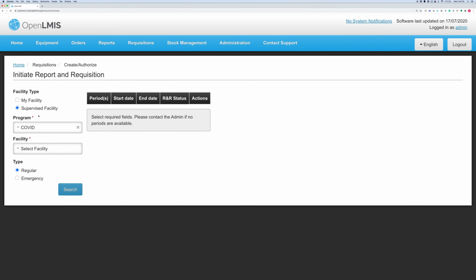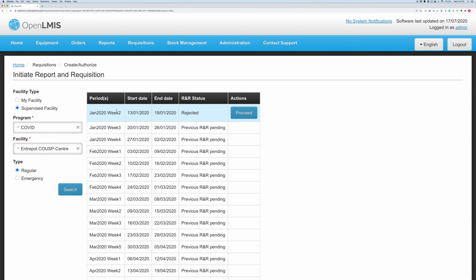I can find that requisition and I'll see that here it appears back on this list at a rejected status. And the system will also send a notification to the users who are responsible for submitting those requisitions that it's been rejected, so they'll know that it had been rejected and that they should come into the system to update it. So if I click Proceed on that requisition,